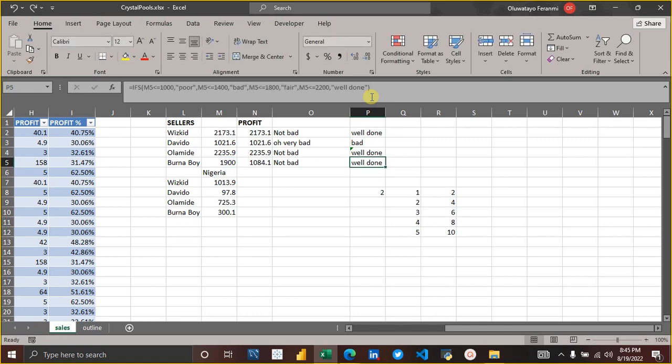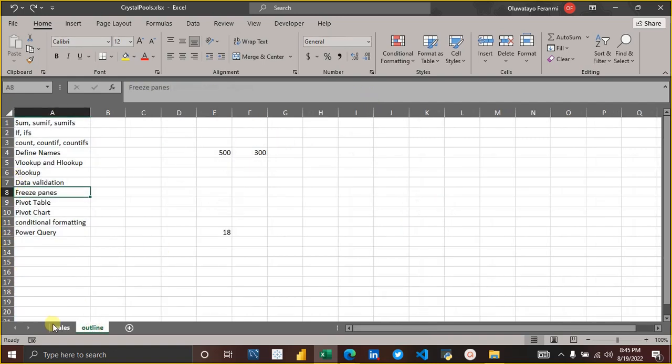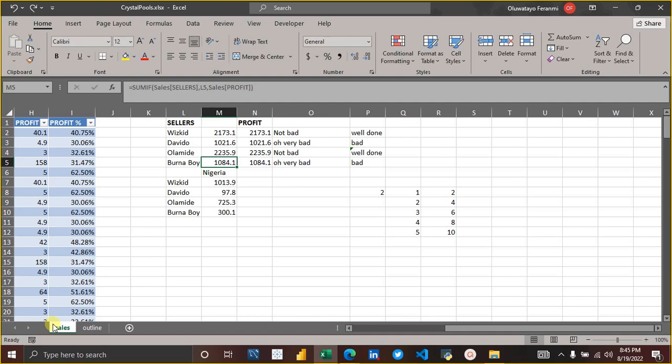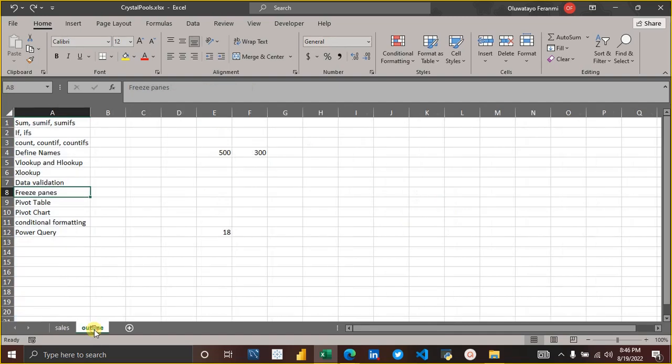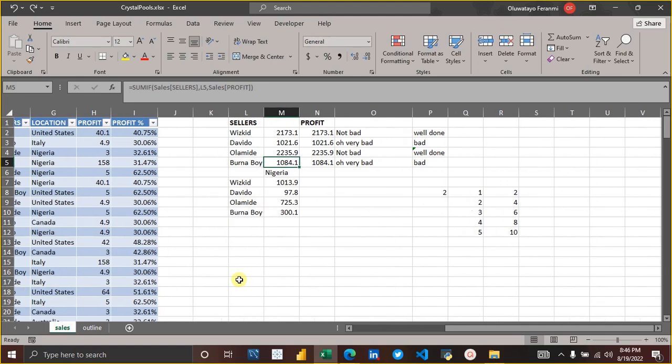But that's it with ifs. We'll still come back to it when we are doing other work. So now we are going to count, countif and countifs. So what count does is that